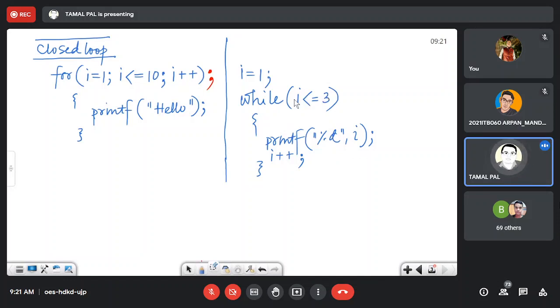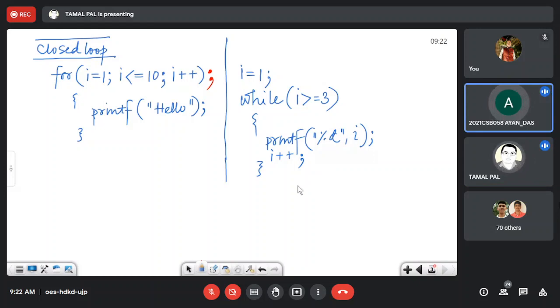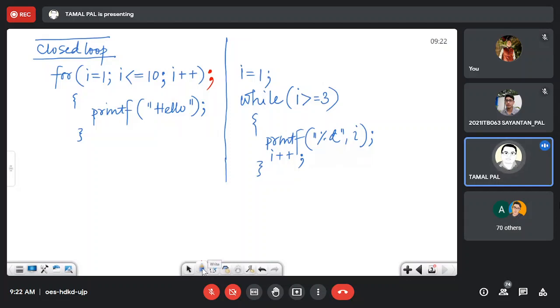Now if I change the condition slightly, then what is the output? Nothing. The output is nothing. So what is the reason behind it?